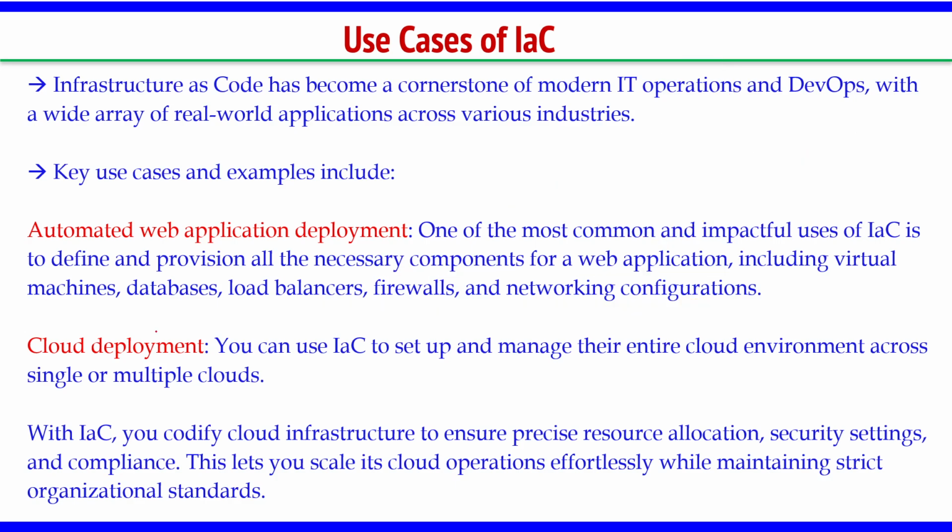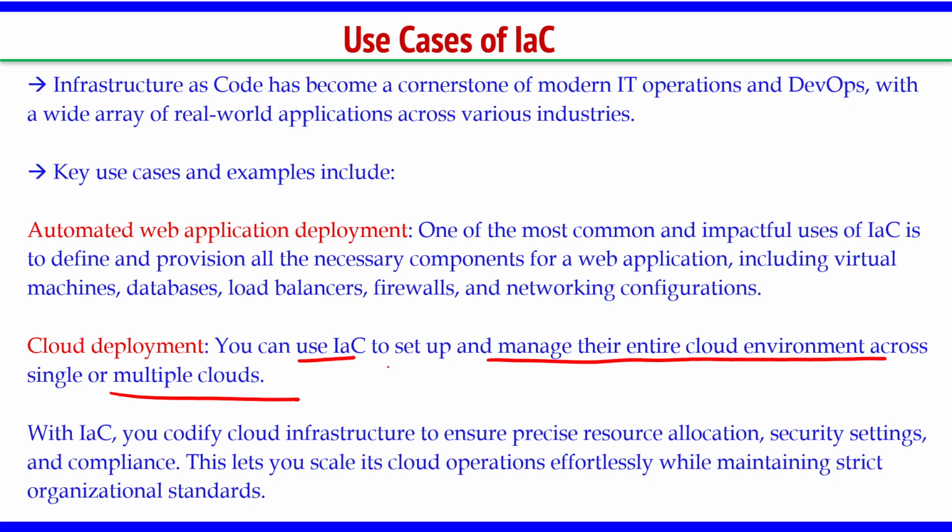The second use case is cloud deployment. Obviously, when we go for cloud platforms like AWS or Azure, we need to do lot of steps in that. We already have experienced how challenging it is to deploy applications in cloud platforms. It is easy, but it has lot of configurations, it has lot of settings to be done, which can be automated, right. So, cloud deployment, you can use IaC to set up and manage their entire cloud environment across single or multiple clouds,